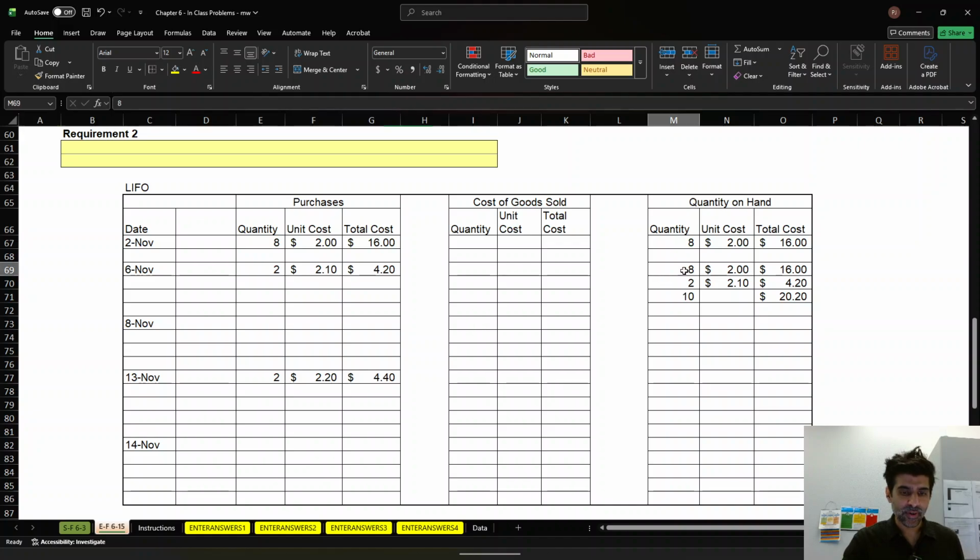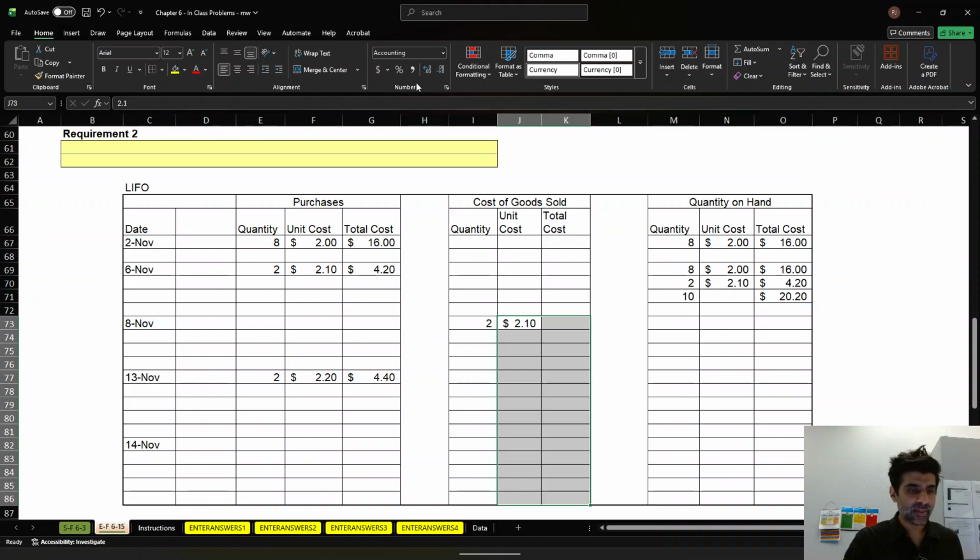But instead of starting from here and going forward, in LIFO we're going to start in the most recent layer first. So we're going to start at these 2 units. And since we're selling 3 total, we're going to clear out these 2. So we're going to have 2 units at $2.10. The max we can sell is only 2, right? We only have 2 of those